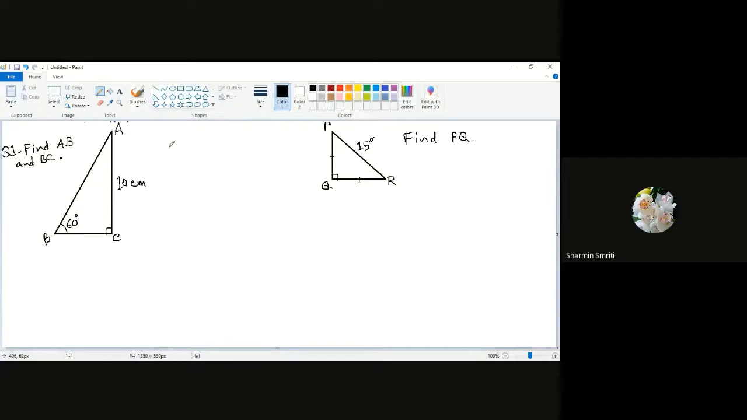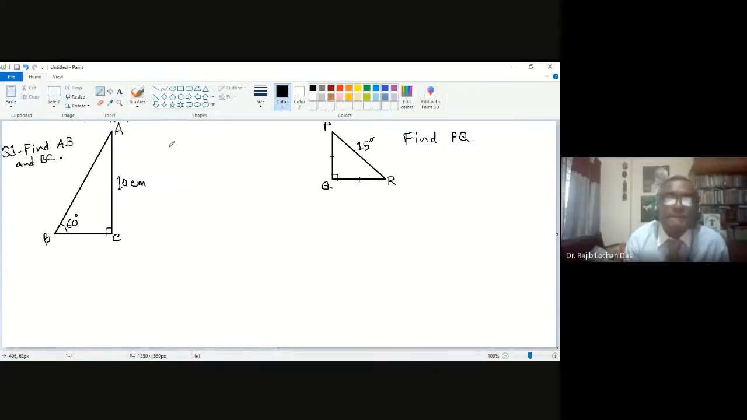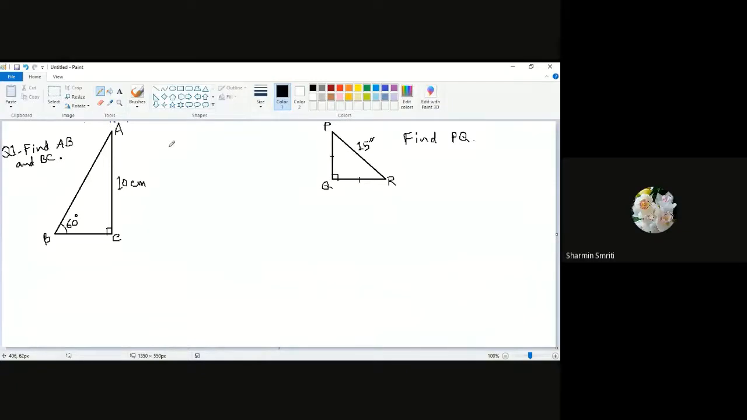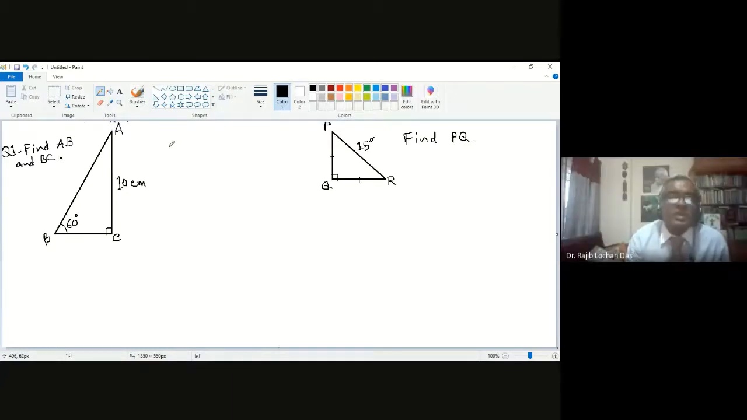Sir, sin 60 degree. Sir, may I? Yes. Sir, sin 60 degree is equal to 10 divided by AB. Yes, it is correct. So you apply the sine formula. So how can you do the calculation? You will write from